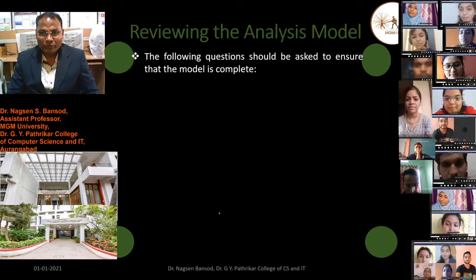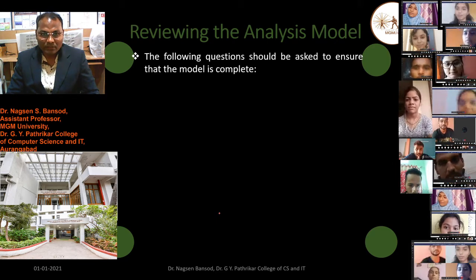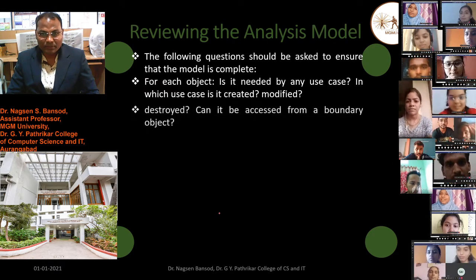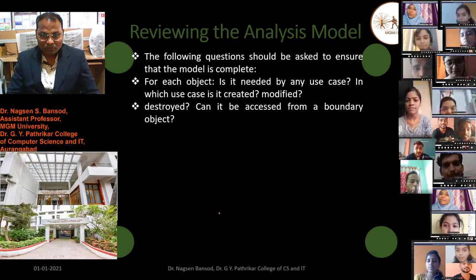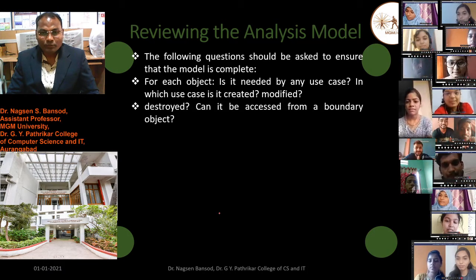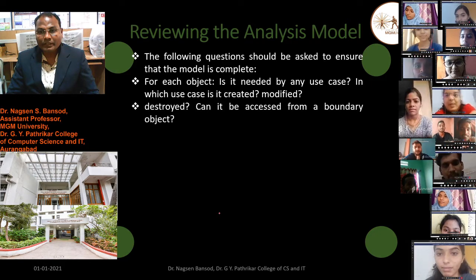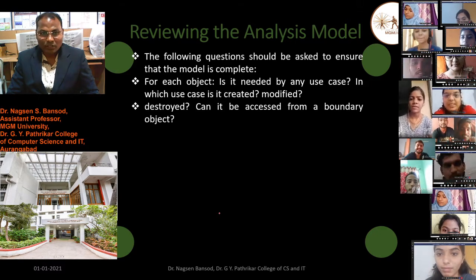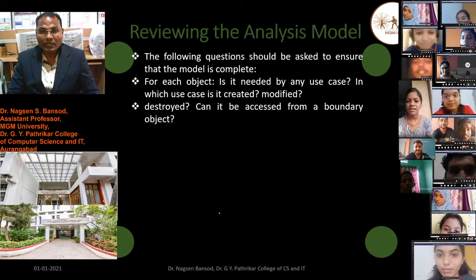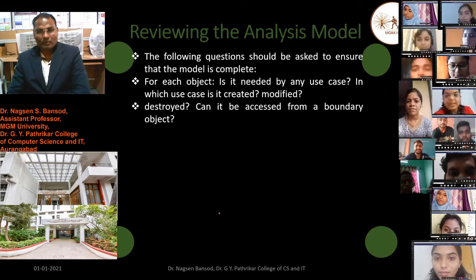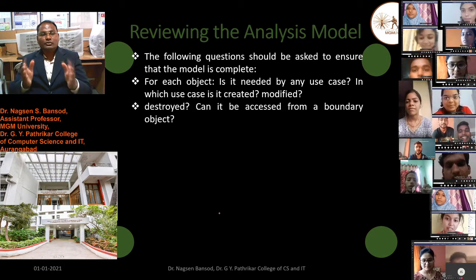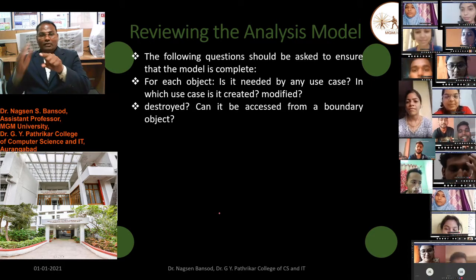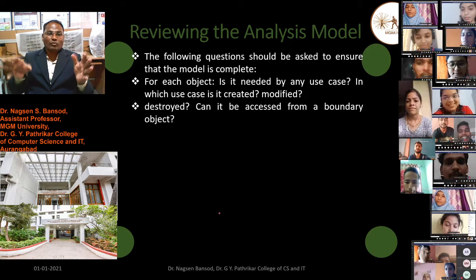The following questions should be asked to ensure that the model is complete. For each object, is it needed by any use case? In which use case is it created, modified? Why do we need the use case, for which this use case is created, and how is this use case modified?